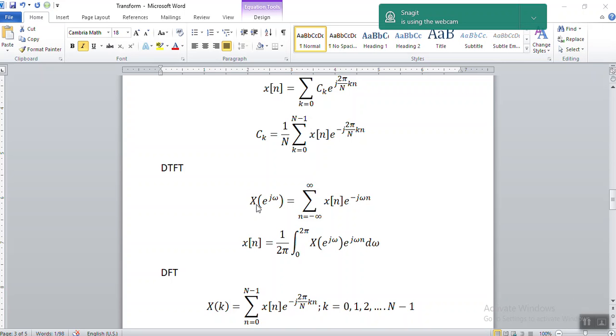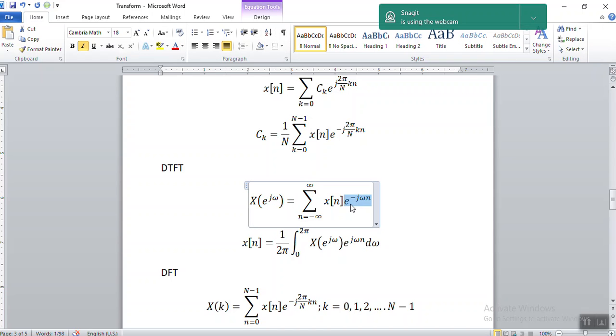So, if you look at this formula, this window is of infinite length. Now, if we consider a finite length window instead of an infinite length window, suppose 10, 15 different finite length windows are placed instead of the infinite length window, and one window will be open at a time, and whatever you have seen you put together, then the second window is open, and whatever you have seen for the second window you put together. So, that way, at least you can say that within that time range,